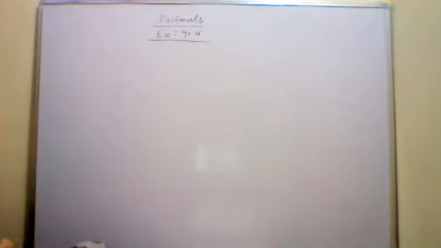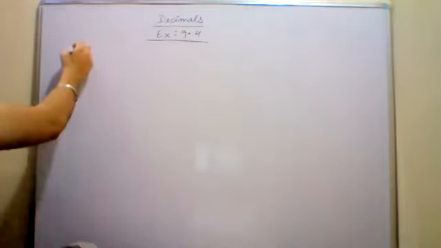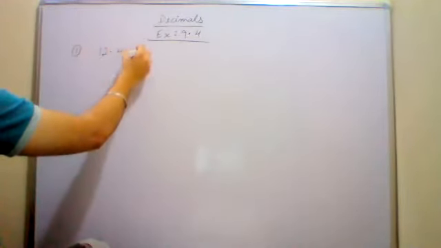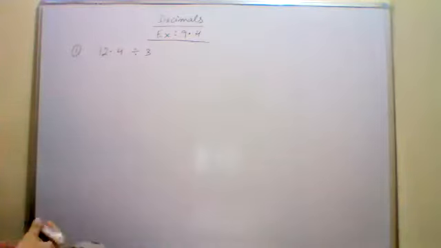Now, in this exercise, we will learn how to divide decimal numbers. Division of a decimal number by a whole number. First, 12.4 divided by 3. These questions are to be done in the notebooks, in your copies. If you have any doubt, you can message me in the chat box. Open the chat box and ask your doubt.